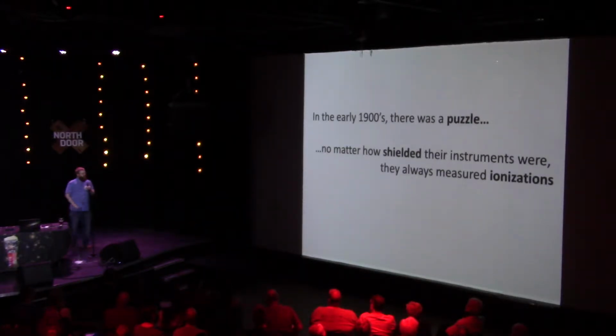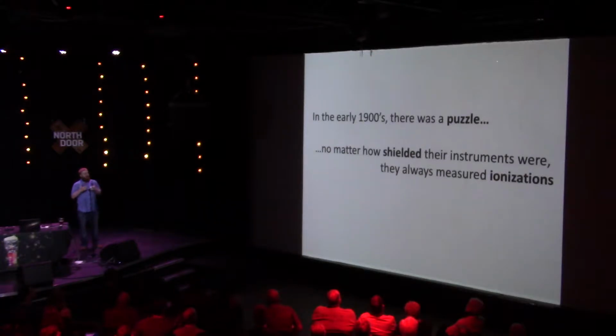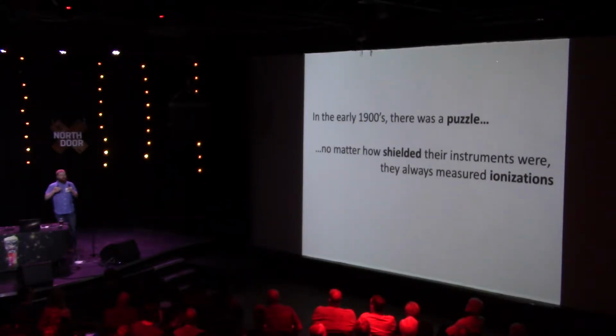And for a long time, people couldn't really figure out what was going on. There were a lot of explanations saying that, at the time, they knew that the Earth's crust had radioactive materials like uranium in it that would be causing this, and that these ionizations were thought to be gamma rays. And so to test this, they wanted to figure out, okay, well, if it's coming from the Earth, then the best way to test it is to go above the Earth. And if it's coming from the Earth, it should decrease.